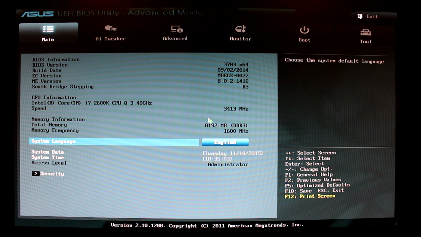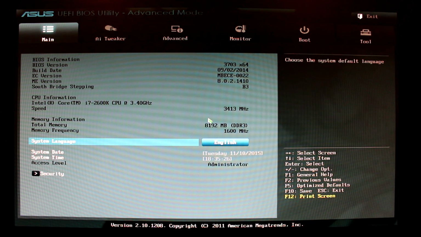First, turn on your PC and keep pressing the delete key on your keyboard to enter the BIOS. Please keep in mind that your PC may enter the BIOS settings using a different key, such as the F2 key. My motherboard has UEFI, so I will be demonstrating how to set this up in the UEFI settings, although this is similar to BIOS as well.